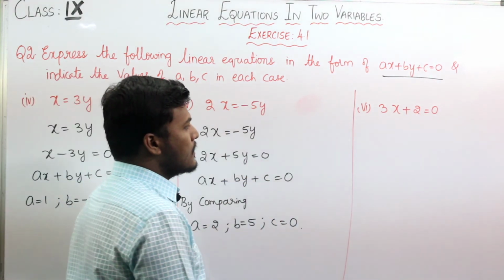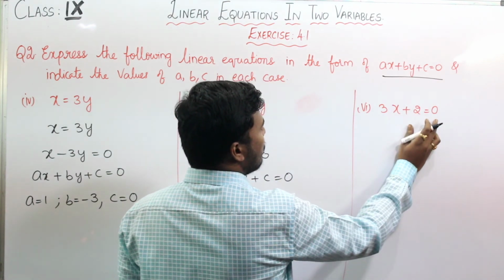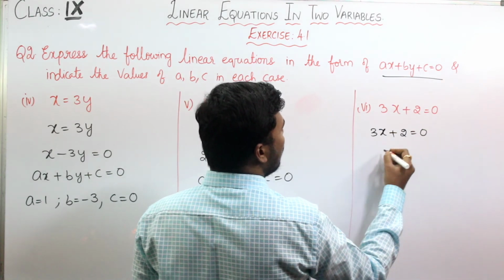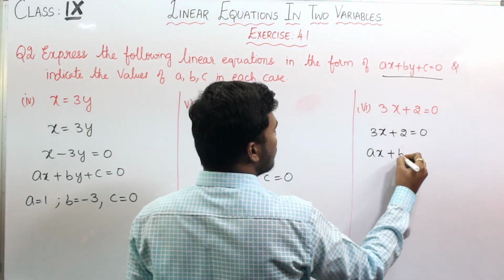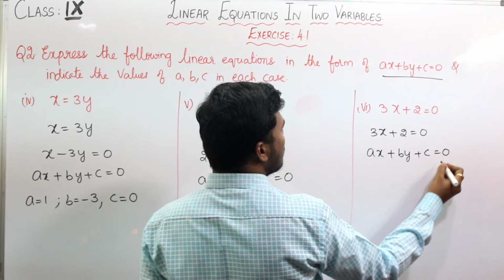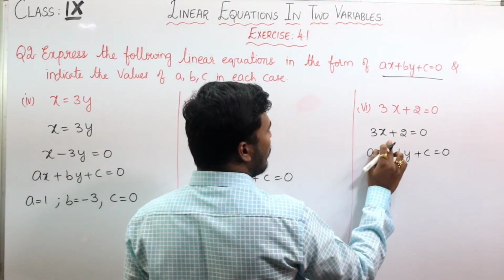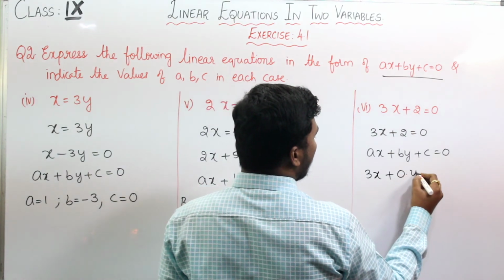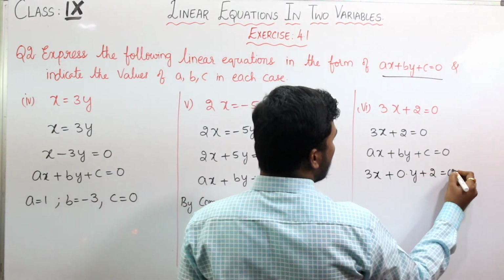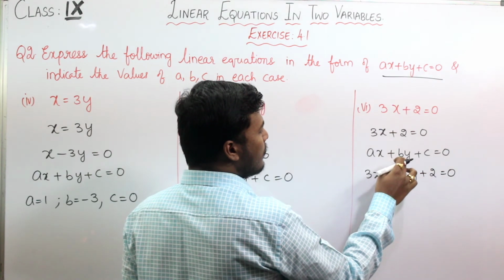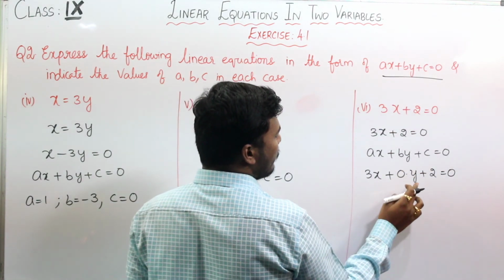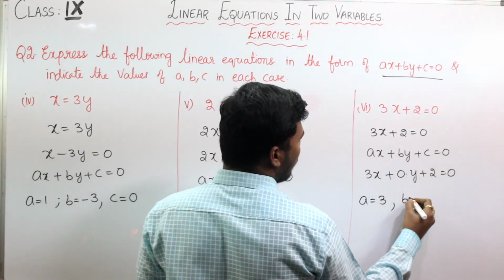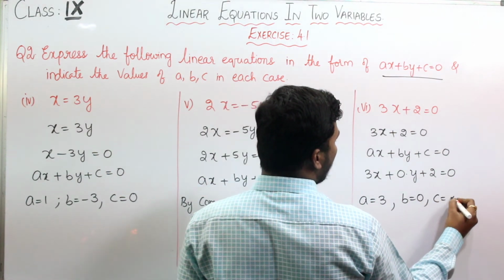And now the sixth problem, that is 3x plus 2 is equal to 0. So now consider the given equation, 3x plus 2 is equal to 0 and compare it with ax plus by plus c is equal to 0. So here very clearly you can see that we don't have a y term. Okay, then you can write this as 3x plus 0 into y plus 2 is equal to 0. So as I don't have a b value, I am writing the y term as 0 into y. Now on comparing, the value of a will become 3, the value of b will become 0 and the value of c will become 2.